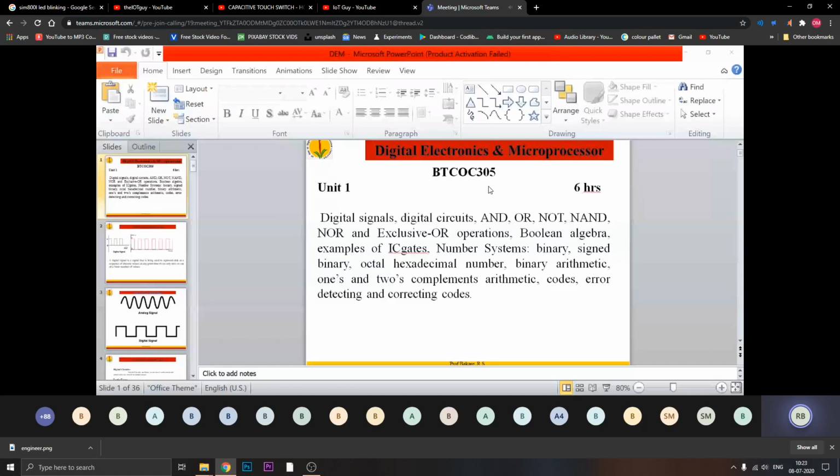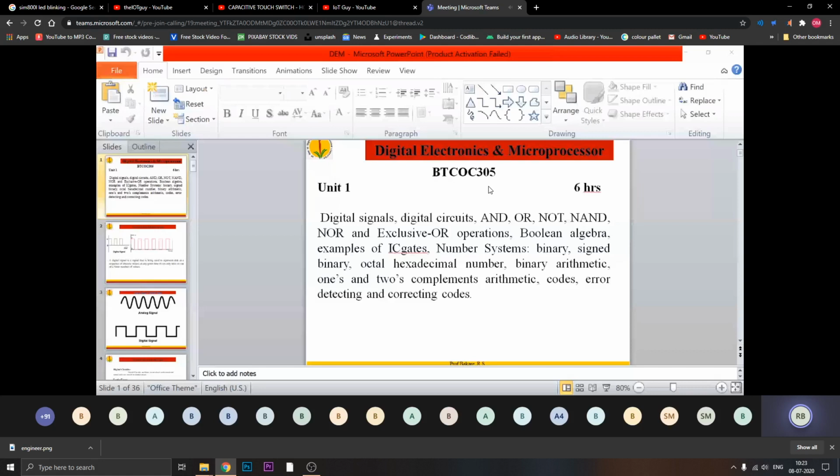Is the second slide visible? Yes, sir. It will take some time because of network issues. Whenever I make changes, if the network is strong you will get the response immediately. If the network connection is poor or intermediate, you will get some delay. After some time, I'm sure it will be visible. Just keep patience.